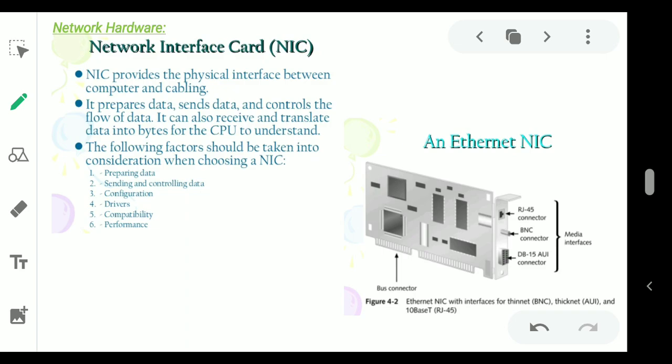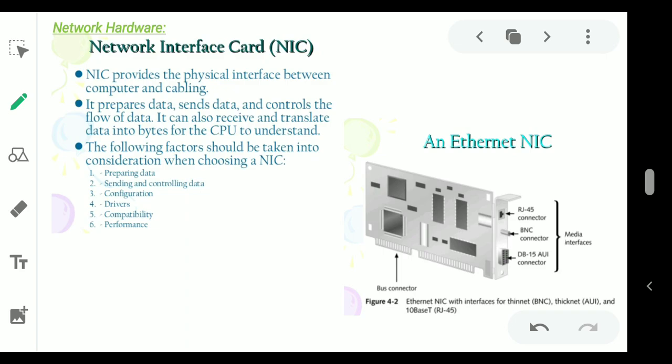Now data packaging. Once the NIC has all the data from the RAM for the transmission, it divides it into smaller packets, or you can say frames. Each frame contains the source and the destination address, the actual data part, and mostly the error checking information. Now data flow conversion. The NIC receives the data from the computer in parallel form and changes it into serial data flow for transmitting the data.